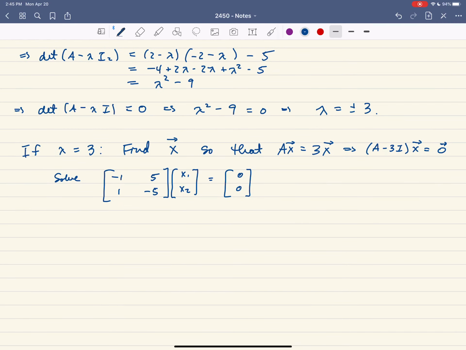And so we can do everything that we know here. And if you were to think about this as a matrix, what this really leads to is solving this augmented matrix, negative 1, 5, 1, negative 5, augmented with 0, 0, right? We introduced matrices at the beginning of the semester to help us facilitate the process of solving these systems of